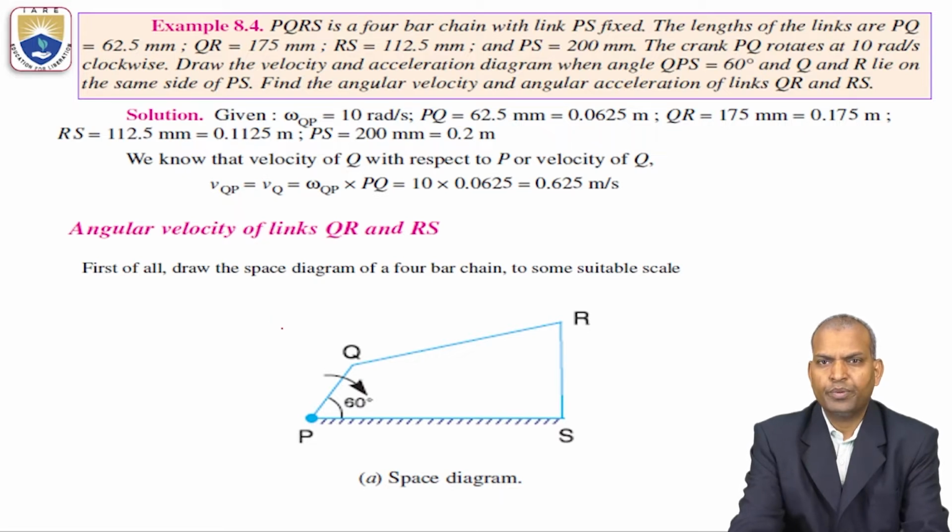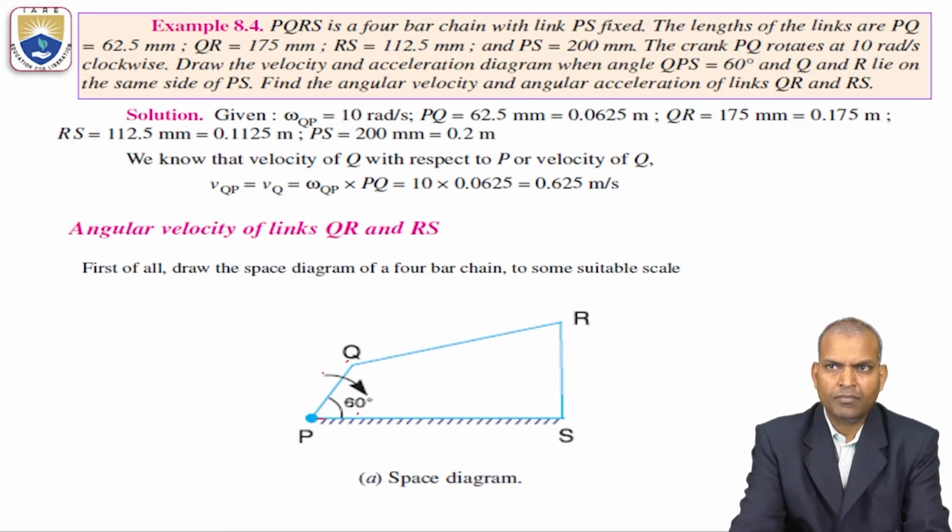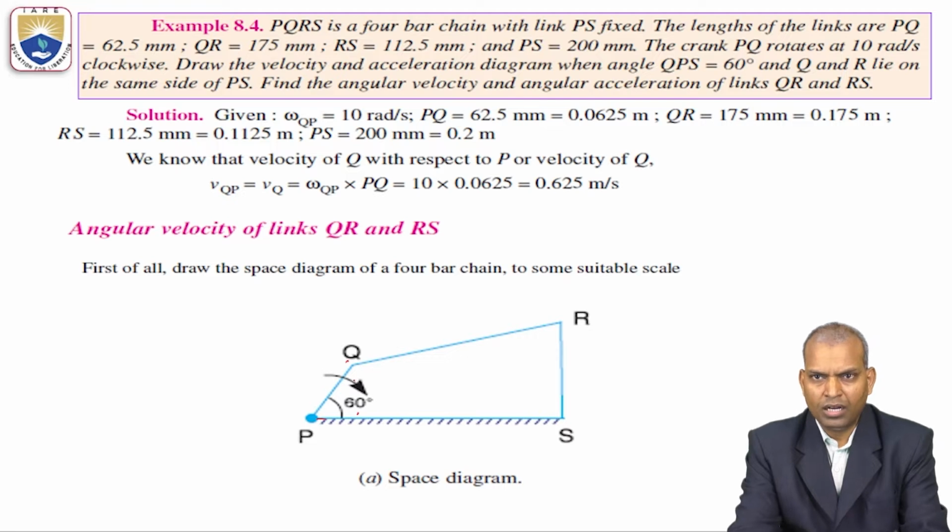The crank PQ rotates with an angular velocity of 10 radians per second in the clockwise direction. Draw the velocity and acceleration diagrams when angle QPS equals 60 degrees and Q and R lie on the same side of